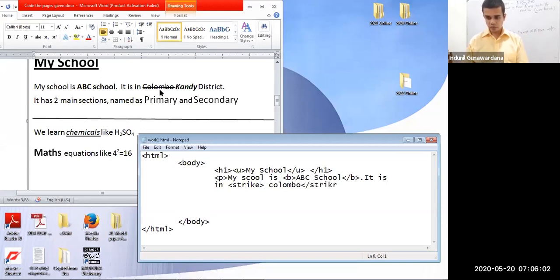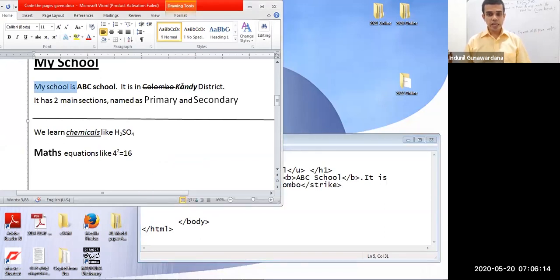Strike. Right, here we have strike, Colombo, close strike. Then Candy is there. Do you see that Candy text is bold and underlined? No, bold and italic. So there are two tags used in it. Then how to do that?